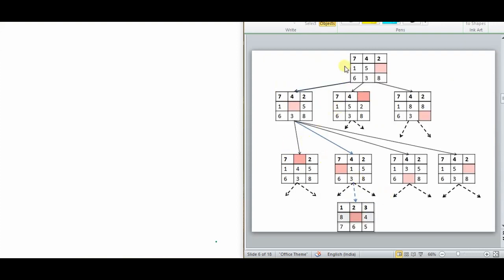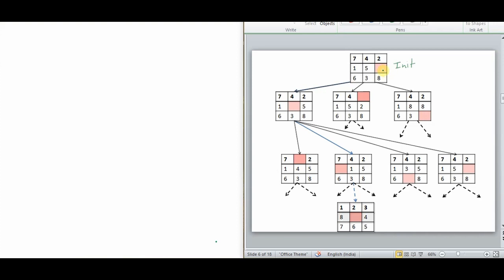Okay, and now you see this is the state space that we obtain. Now let us have a closer look at this particular state space. So you can see here, this is the initial configuration. As I told you, from the initial configuration you can go to other configurations by applying the rules.